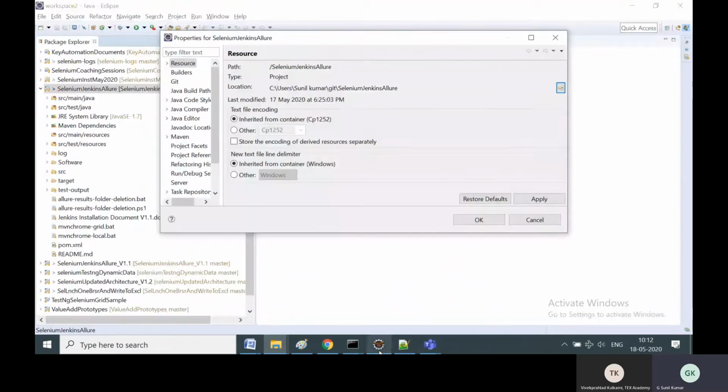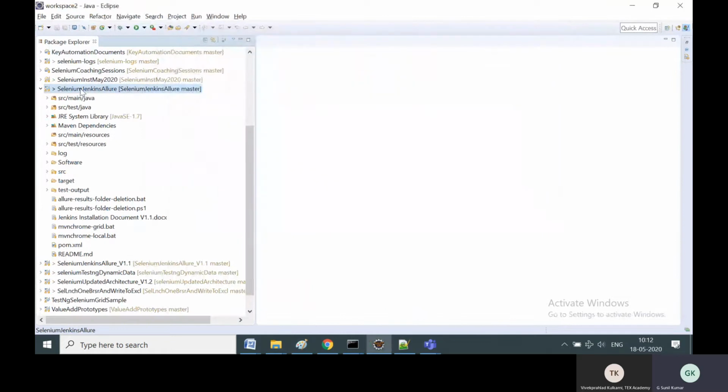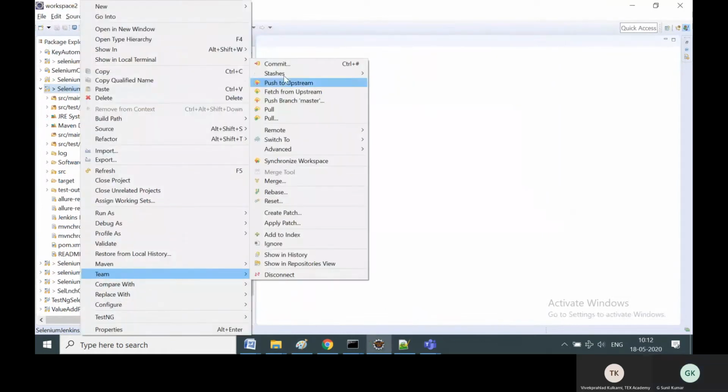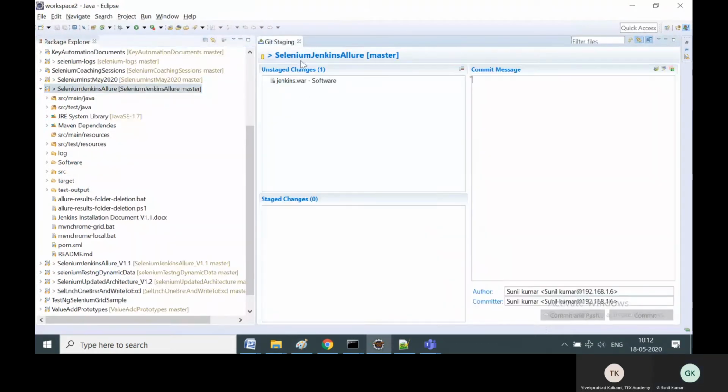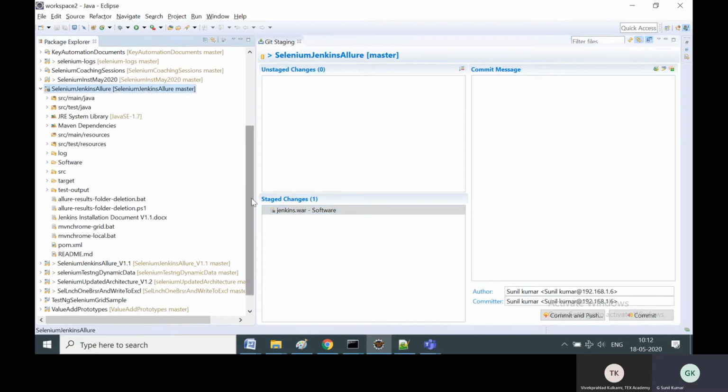And then, as I showed in part one, we have to right-click, Team, Commit, and then it will be in the unstaged changes. You have to pull it into the stage and put some commit message, like sample commit or initial commit, and then click Commit and Push. So this I showed in part 1, how to check in the changes.